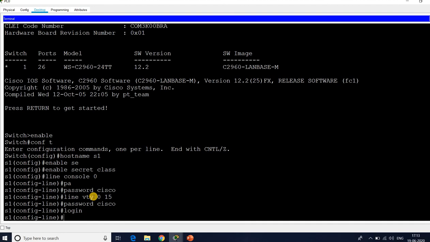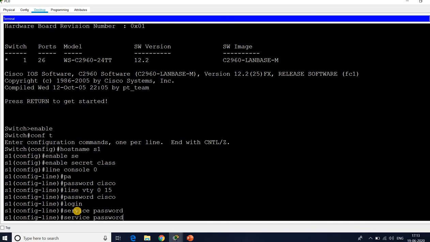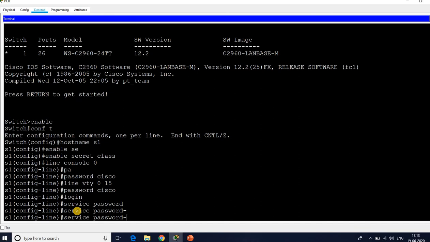For securing remote Telnet or SSH access I use line vty 0 to 15, password Cisco, login. To secure all passwords in the configuration file, I can use service password-encryption.